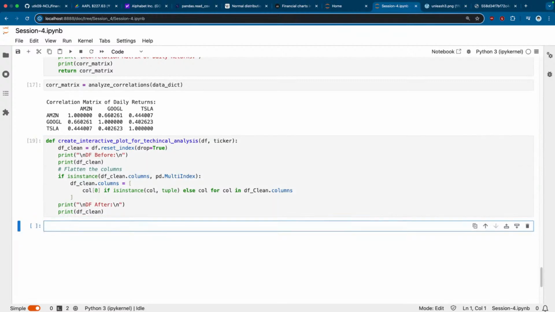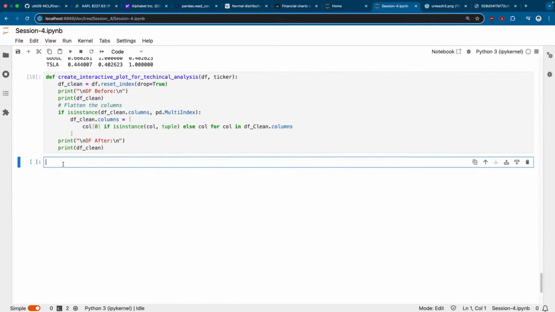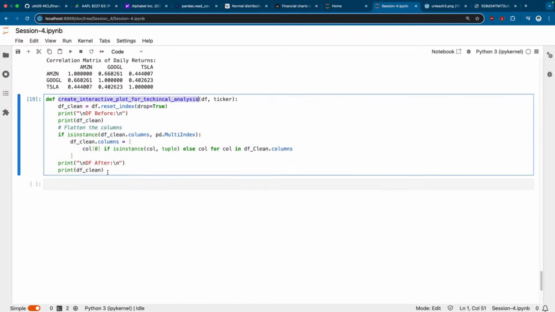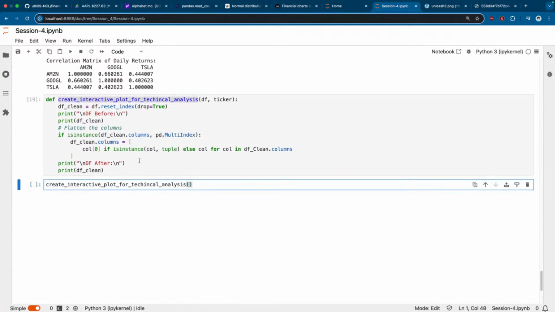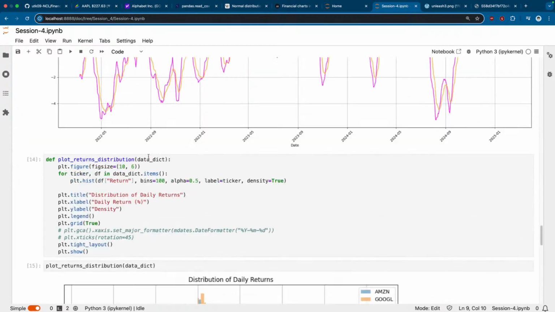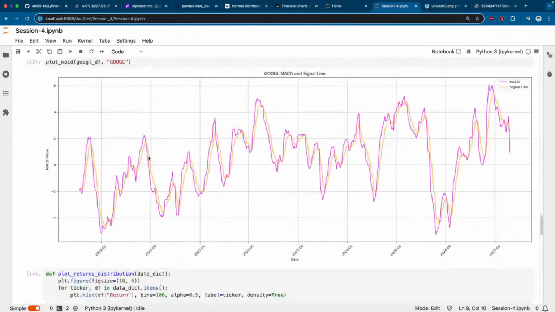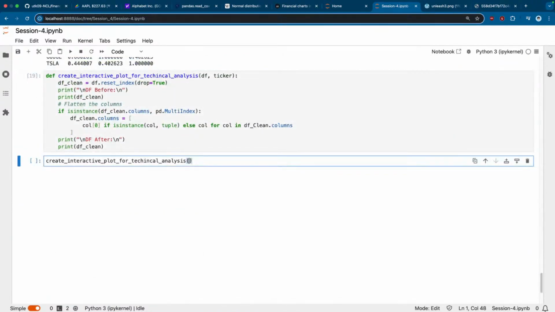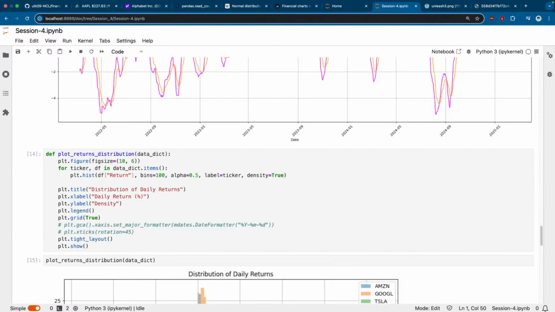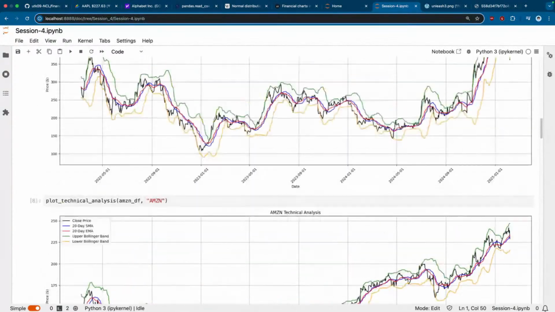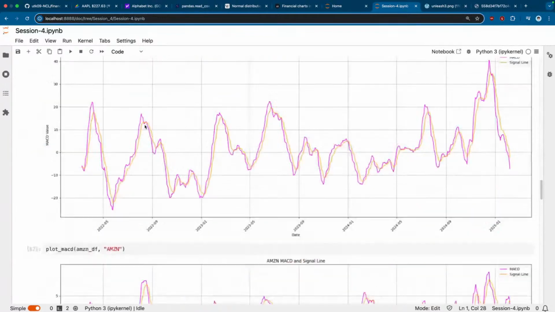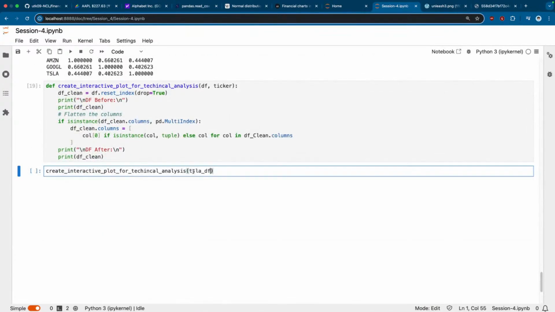Okay, perfect. So now we had Amazon df, right? So let me call this function with, it needs a data frame. So in our case, let's give it a Tesla df. No, TSLA. That was my data frame. Yeah, TSLA df. And the ticker would be TSLA. And if I run this,